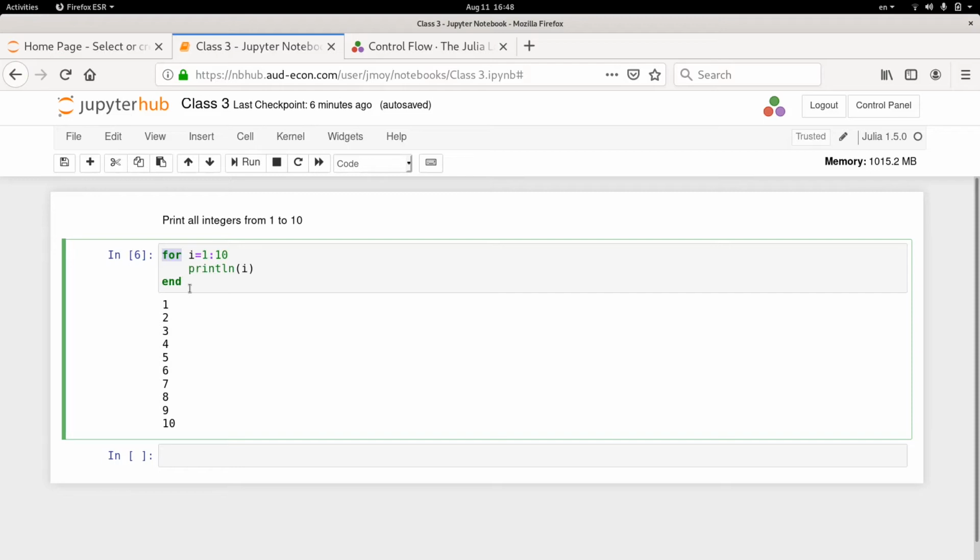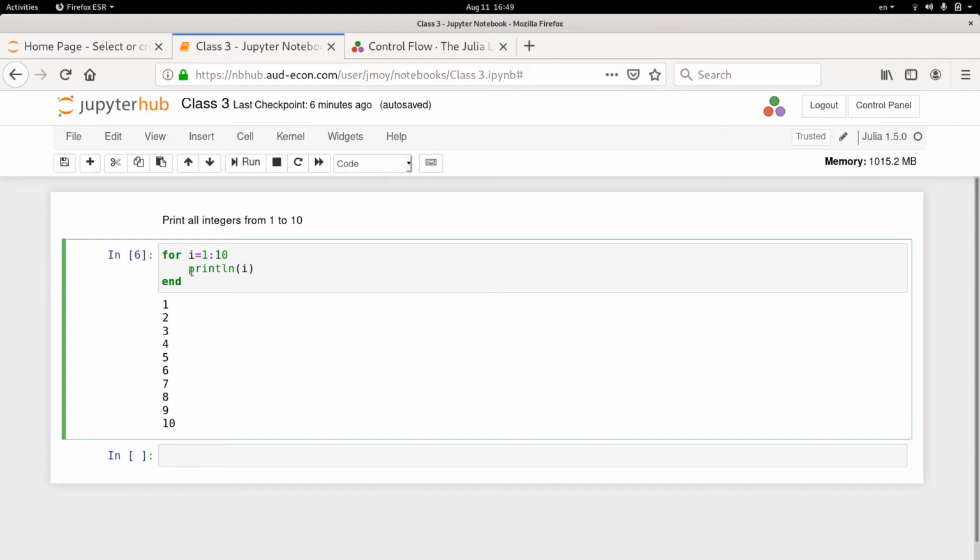It is a convention that when you are writing loops and similar statements, the body is indented. That is, I pressed a tab before this line, and Jupyter makes sure that it's written slightly to the inside. Because later, when you will be writing a lot of loops, you want to be able to see at a glance what constitutes the body of the loop. So we always indent the body of the loop.